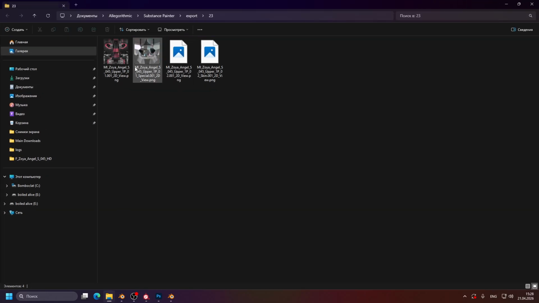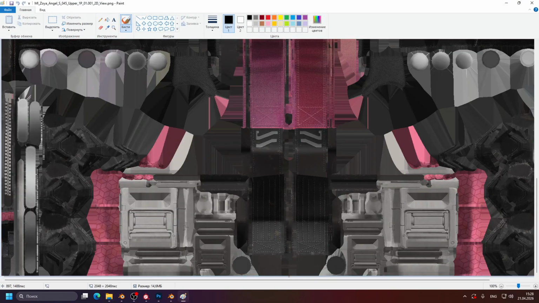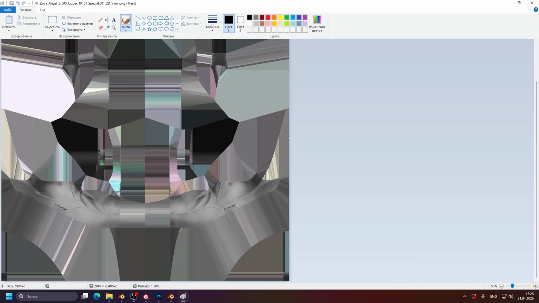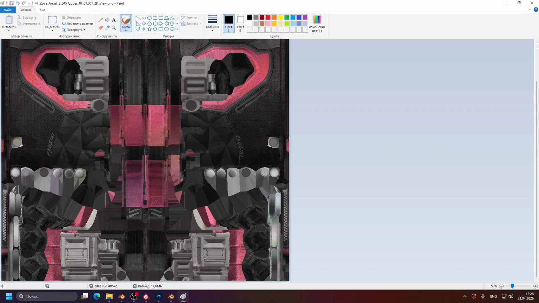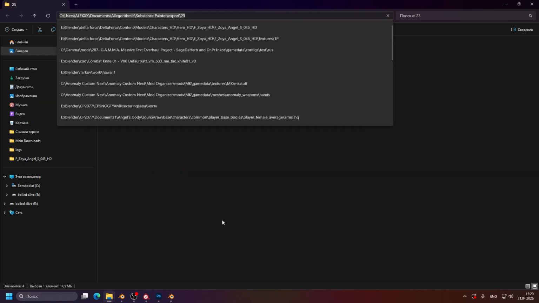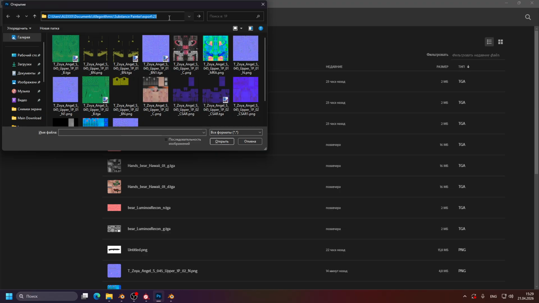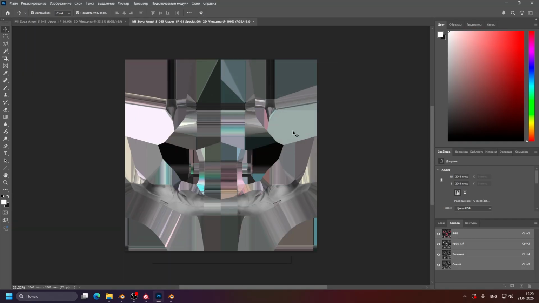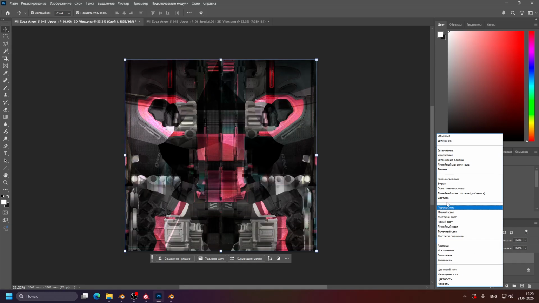Open the output directory. Now, you're going to see that there's a bit of a funny thing, because if you look at the special, you can see that the upper parts are separated. What you can do is open up Photoshop again, go into your exports, open it up. Now, you just put it in, then you can just